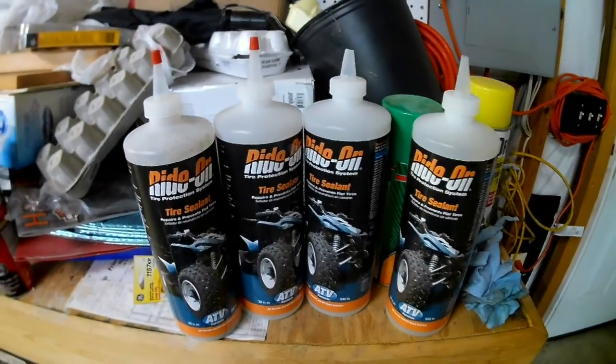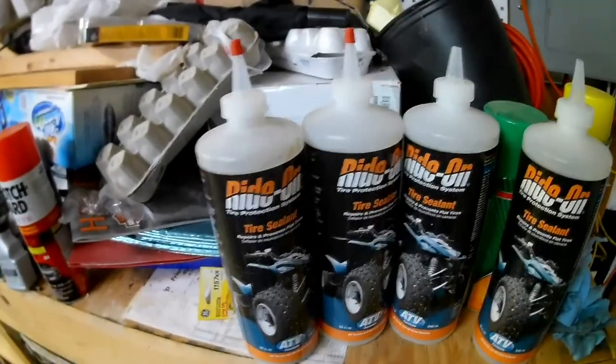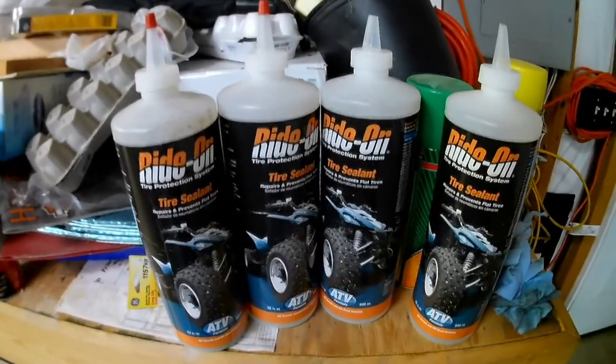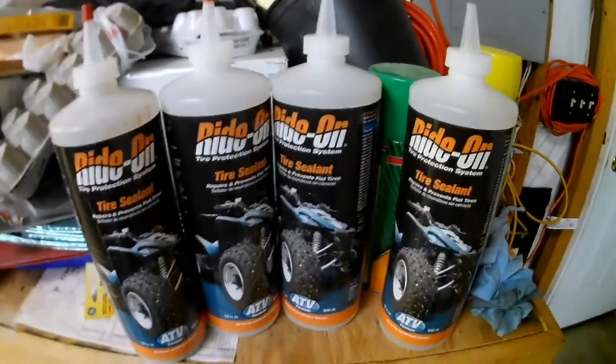Just a side note about this Ride-On tire sealant. I don't recommend using this or the Slime or anything in your tires if you have tire pressure monitors, because that'll just gum up the monitor and you'll be wasting